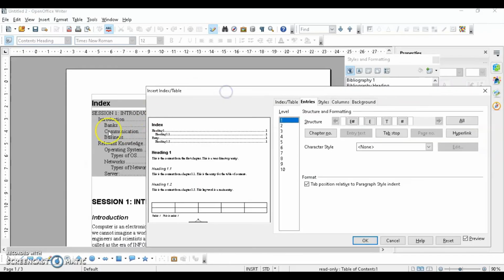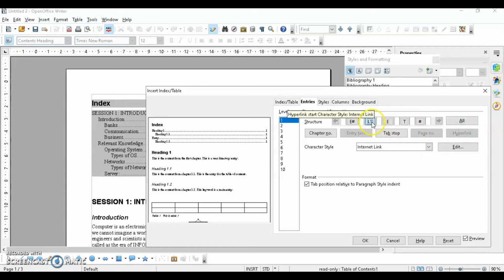Let's create for the heading. I want to create hyperlink for the headings. I'll select which level you want. Heading level 1 I don't want. This is heading level 2. Let's select heading level 2. This one, introduction and relevant. I'll just click on this. Let's do for the first one, and you want for the entry. Just click on that. After that, you have to click on the white space towards the left side and right hand side, and click on hyperlink.